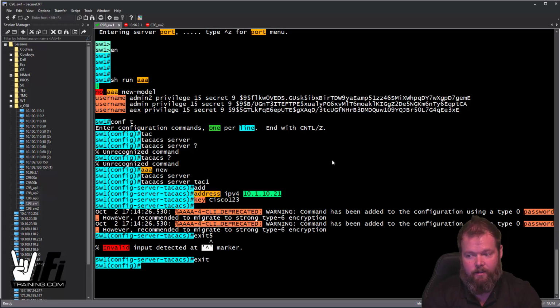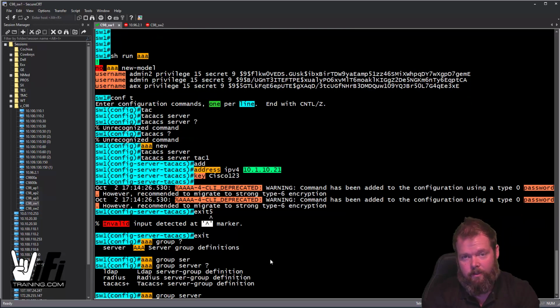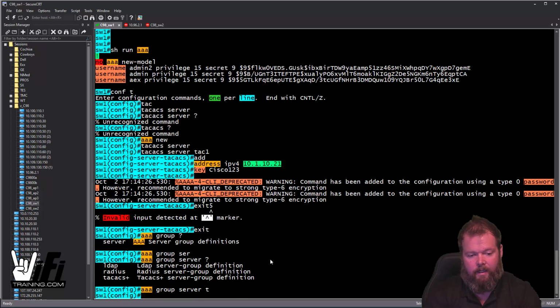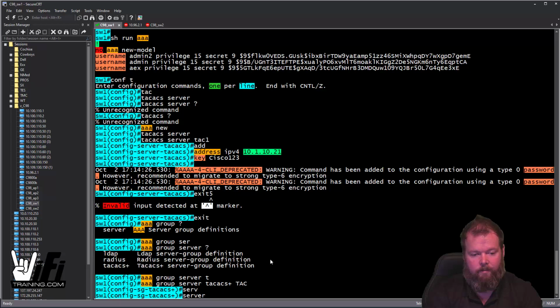Now we need a server group, and we're going to do AAA group server. You can do this for TACACS or Radius or LDAP. In our case, we're going to do this as TACACS Plus, and we're going to call this TAC. So I'm creating a new group to put our server in, and we're going to put our server name